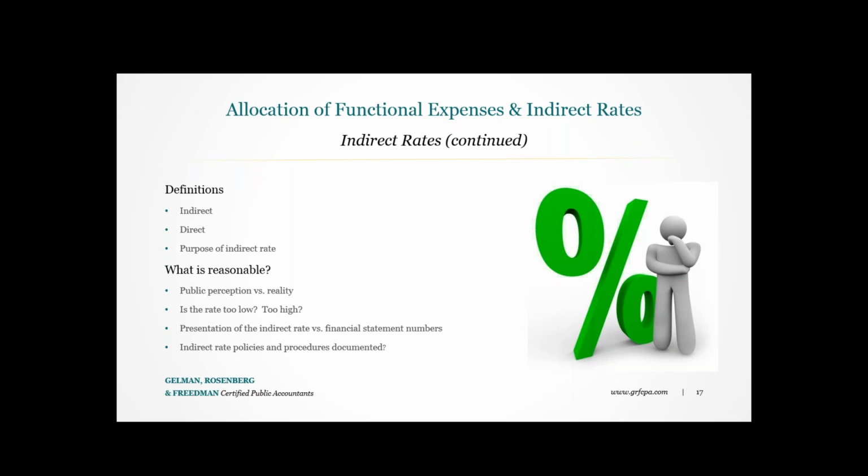Organizations that run many projects generally cannot specifically identify all indirect costs specific to each project, and so it's certainly better and more efficient to allocate using an indirect rate approach. By spreading the costs on a pro rata basis according to the size of program activities, taking a simple ratio of allowable indirect costs over direct costs is typically the most common and appropriate rate model, although there are some other ones as well.